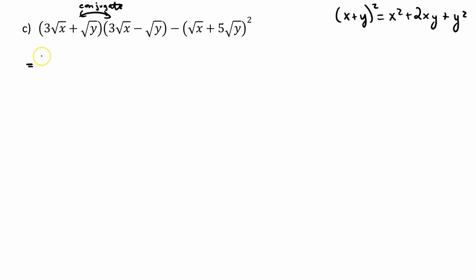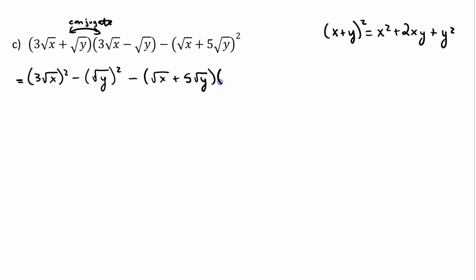So I say (3 root x) squared minus (root y) squared minus, and I'm just going to write this out, (root x plus 5 root y) times (root x plus 5 root y). Now the first little bit is really easy. The squared goes to both of these parts of the term. So 3 squared is 9. Root x squared is x